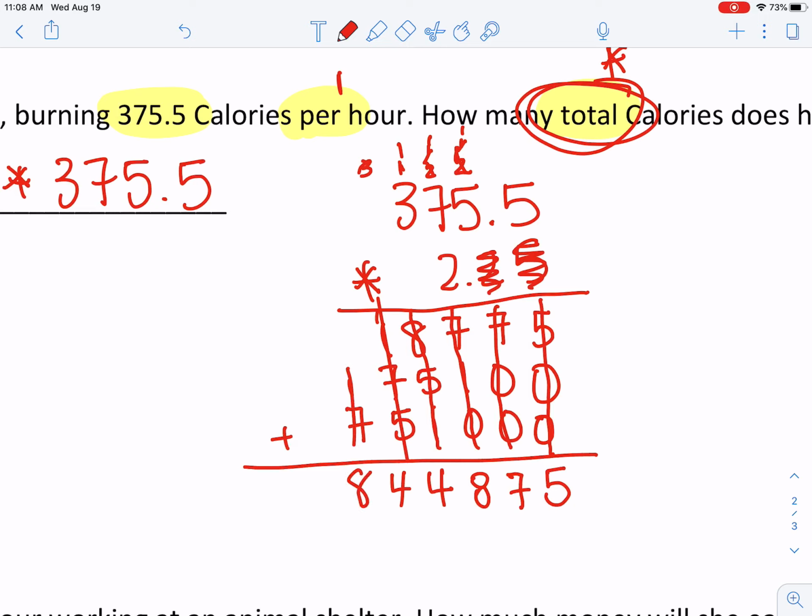Okay, and you don't have to use the method that I am using. I just like to cross it out so that I can show you guys that I have done that column. All right, so now our last step is to figure out where our decimal point goes,